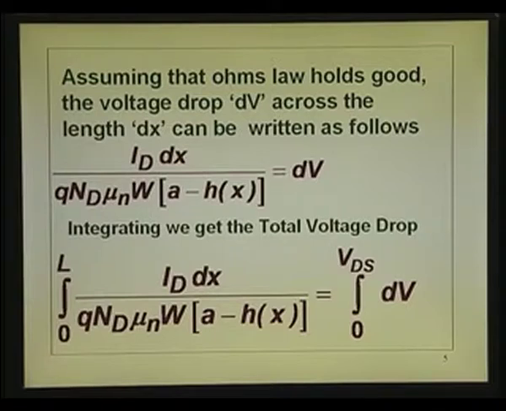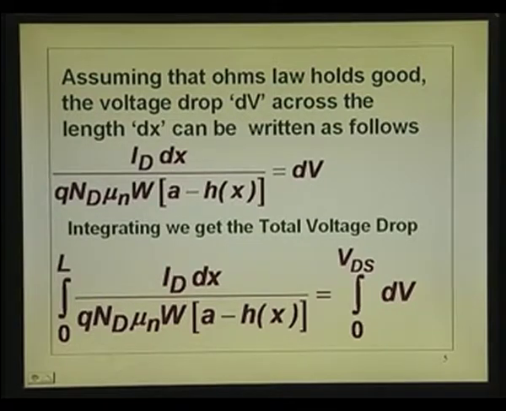So, all that I have done is I have used the integral term. Left hand side, x is equal to 0 to L, because L is the other end of the drain, x equal to L. So, channel is varying from x equal to 0 to L. So, I am increasing it from 0 to L, integrating it. So, this is the term. All that we have to do now is,